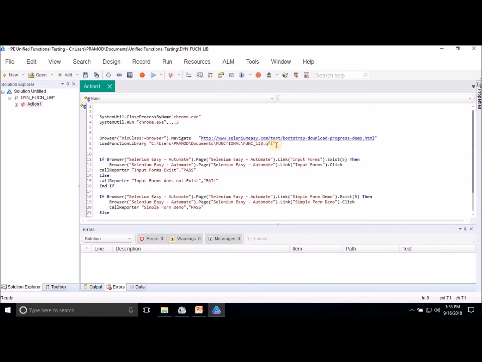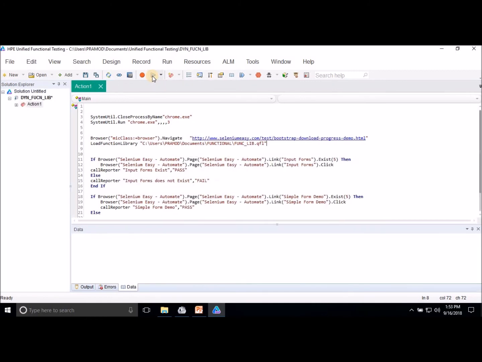If you want to associate or add multiple function libraries, then put a comma over here, then you can provide the second path of the second function library. As of now I will go with a single function library. Let me execute the test one more time. So this is also a dynamic way of associating